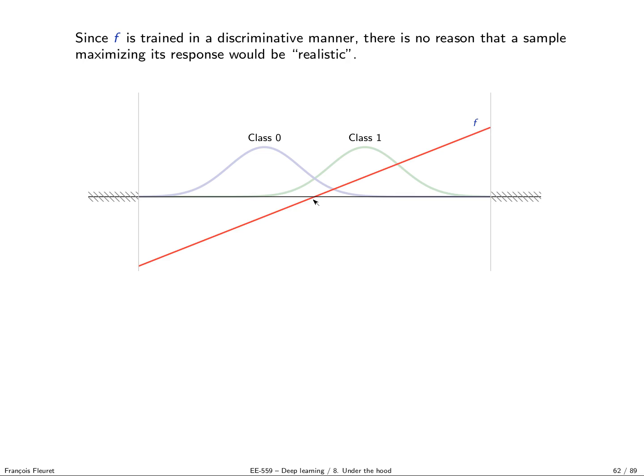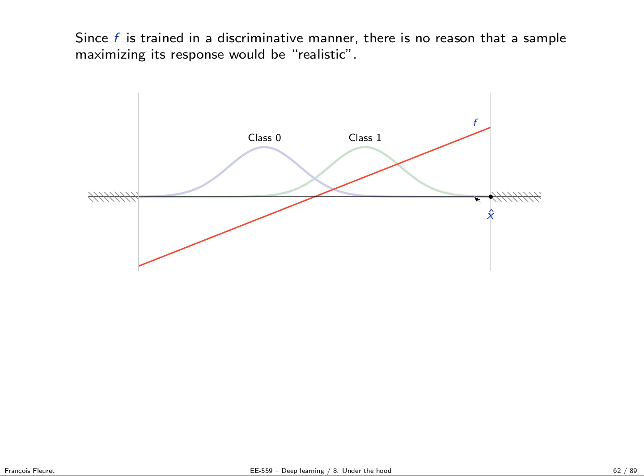So in that case, since the network is trained in a discriminative manner, if you look at the log of the posterior distribution over the classes, this is the log of the probability of being of class 1. It increases linearly the more you go to the right. So if class 0 is distributed like this and class 1 is distributed like this, in a simple case where the signal is one dimensional, the log of the probability of being of class 1 increases linearly the more you go to the right. And if you just say, okay, give me the x on the acceptable domain that is the most likely to be of class 1, you get this guy, which maximizes the value f, the log of the posterior probability with a flat prior.